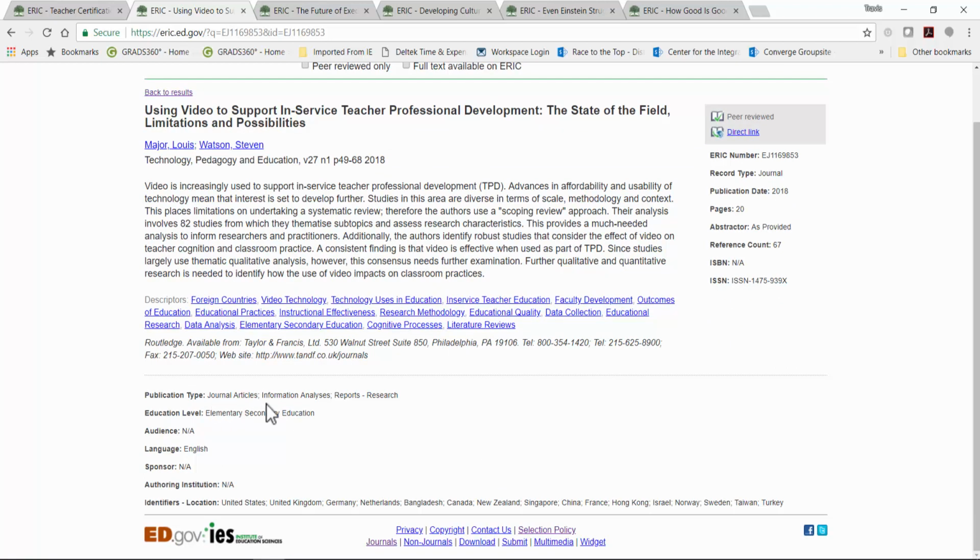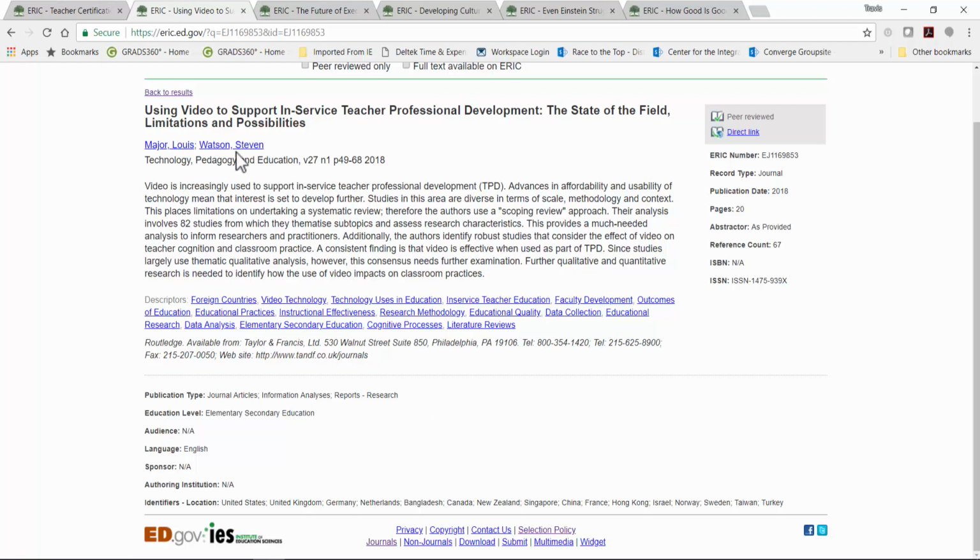But this is also an information analysis, and it deals with a research report as well. So ERIC uses a standardized list of publication types that you'll find in this field, and it can cover a large array of possibilities, anything from bibliographies to literature reviews or to speeches.